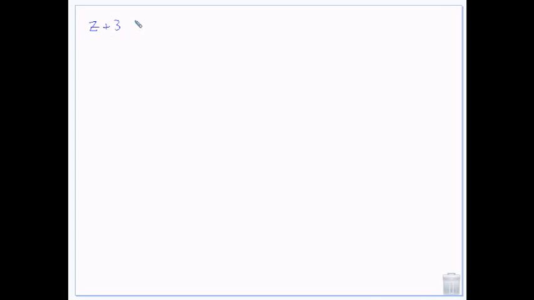plus 3 is greater than 2/3. And that was page 62, number 9. Okay. I need fractions to add fractions, right? So I'm going to take this 3 and I'm going to turn it into something thirds. I want it to be a fraction, right? To take any whole number and turn it into a fraction,